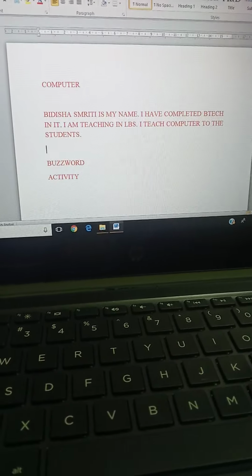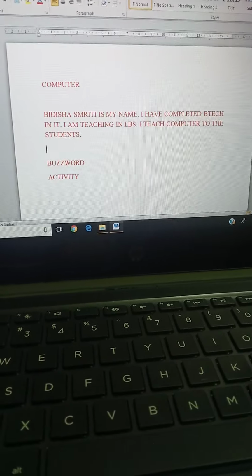Now you want to bring back the word computer. What you will do? Undo. You could type it also, but if there is a long sentence and you want to bring that back again, it will take time, no? So you will do undo. You will go there and you will press undo. It will come. Now again you don't want that. You will go there and you will press redo. It will be gone. So it is very easy to understand how we have to do undo and redo.